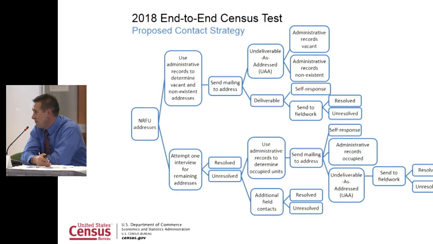If that mailing comes back as UAA again, that 57% of the AR vacants that I showed, the 75% of the deletes, at that point we have a bookend result of postal carrier information. We have UAA statuses around Census Day. We now have UAA statuses from postal fieldwork around May 15th. If those two happen, combined with the other administrative record information that we have, we will classify you as vacant or non-existent.